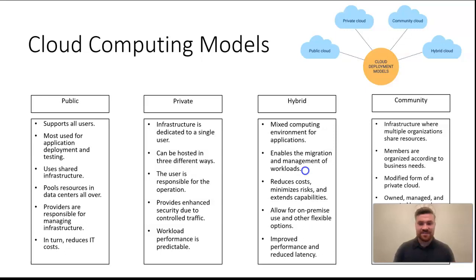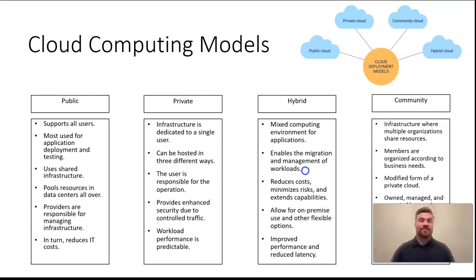So what that means is there are all sorts of numbers and amounts and different types of users on this infrastructure. It pulls resources in data centers all over the world, and that allows multiple companies, multiple organizations, and all kinds of users to access that data simply through the internet.